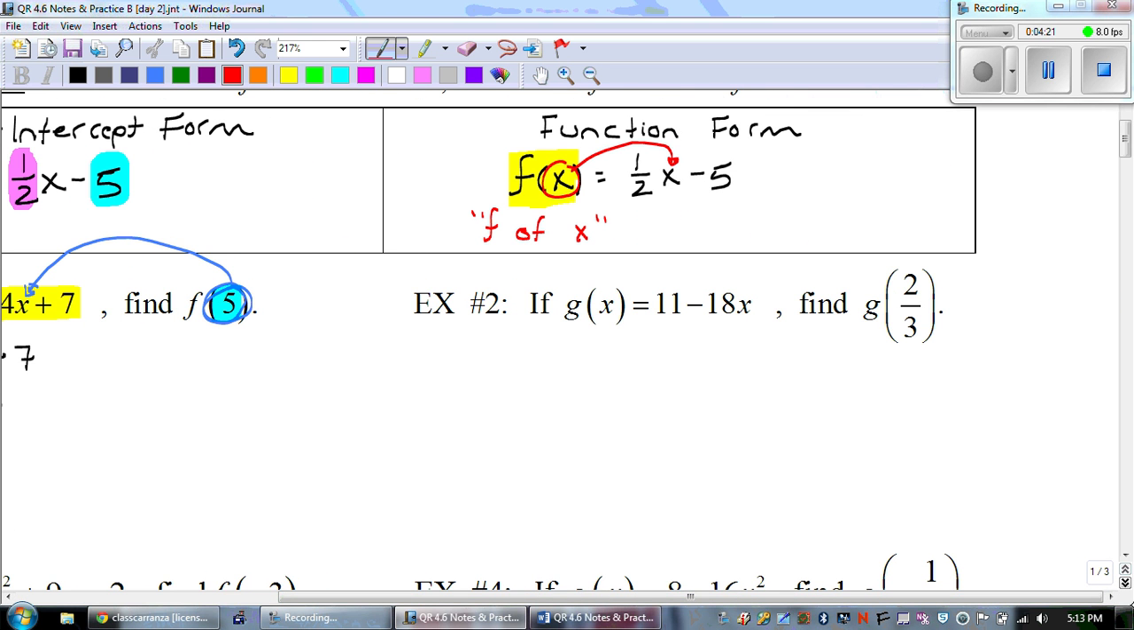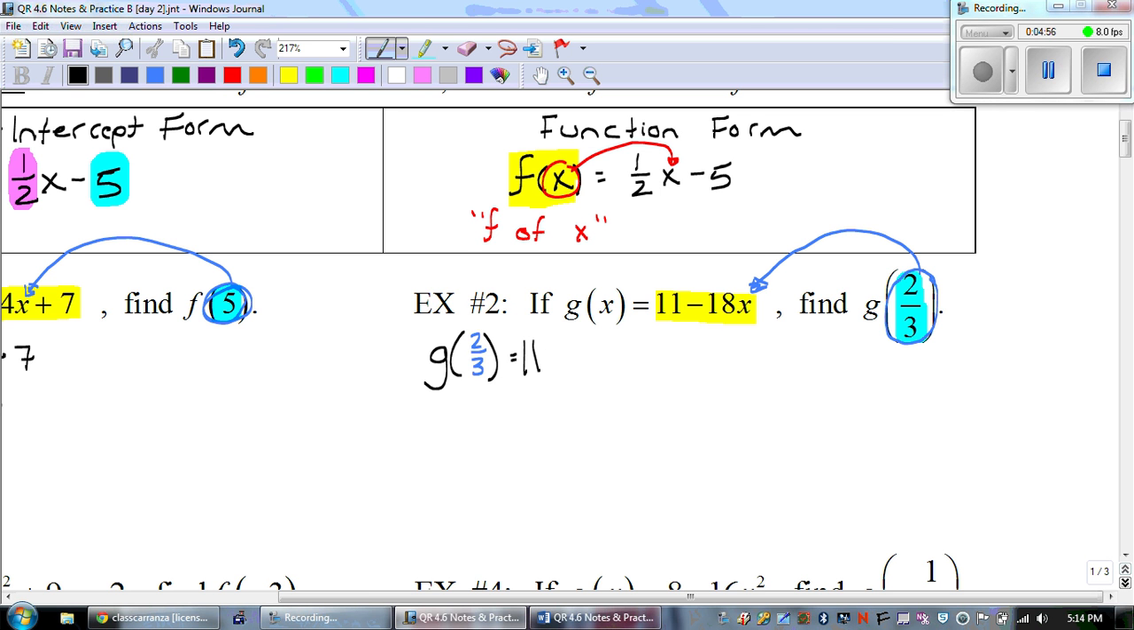Let's do another example. It doesn't matter what that first variable is, guys. So if g of x equals 11 minus 8x, find g of 2/3. So what that means is we're going to take this 2/3 and we're going to plug it into the x. So g, and we're plugging in the 2/3